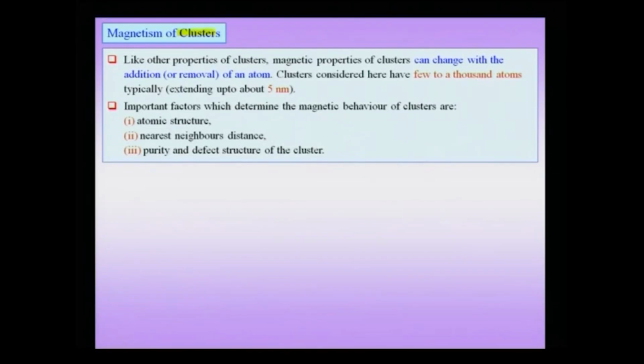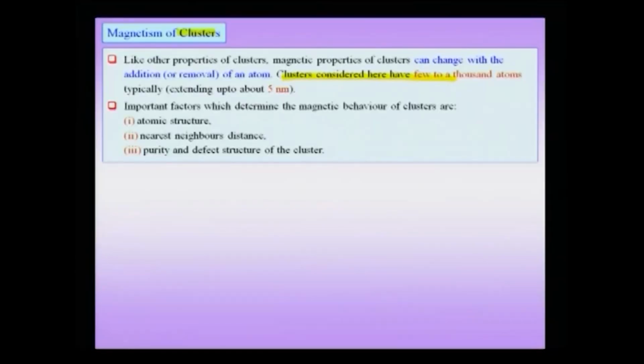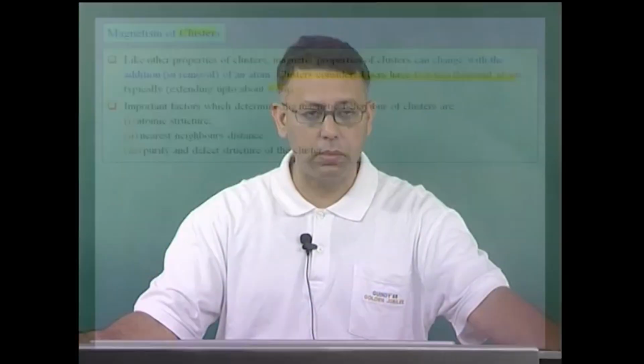This is important to note because even in the nanocrystal size regime, a mere addition or removal of an atom does not cause a serious change in the properties. In other words, there is a small change, but it is not significant with respect to the already existing value of the property. So, these clusters are size regimes which are usually small, less than about 5 nanometers. Typically, we want to consider clusters wherein we can actually count the number of atoms, like a 13 atom cluster or a 25 atom cluster or a 50 atom cluster.